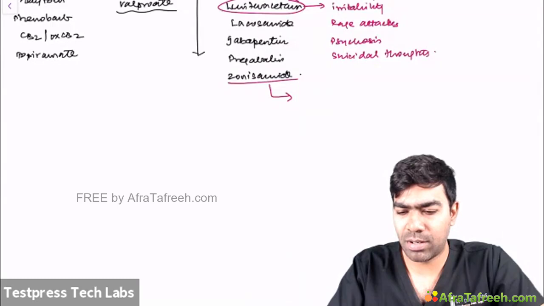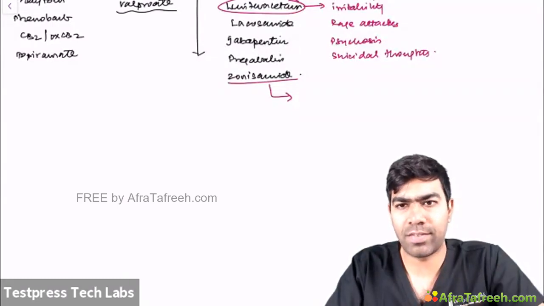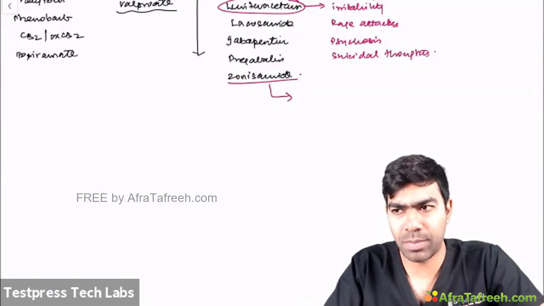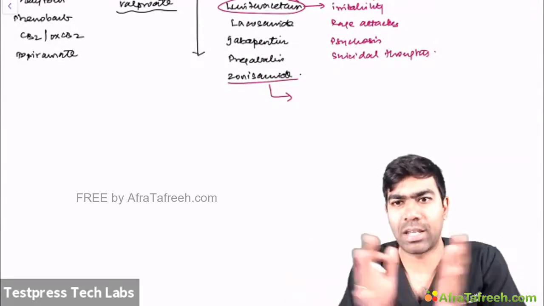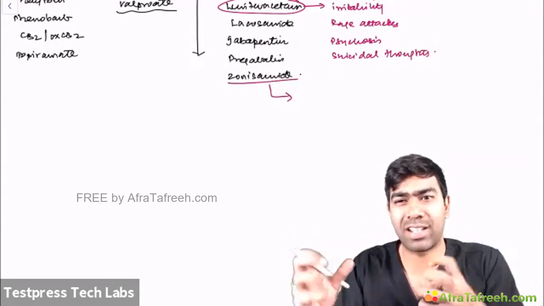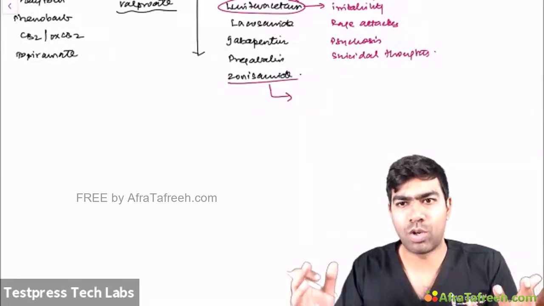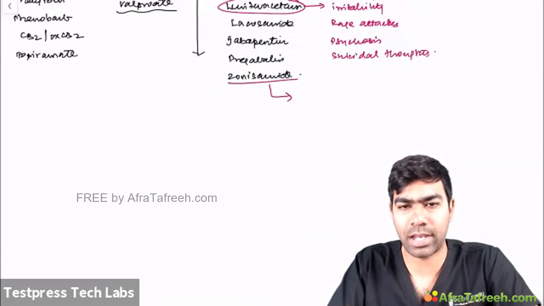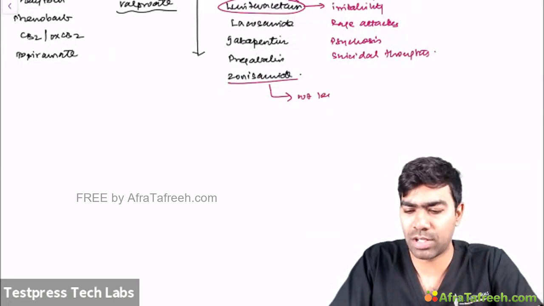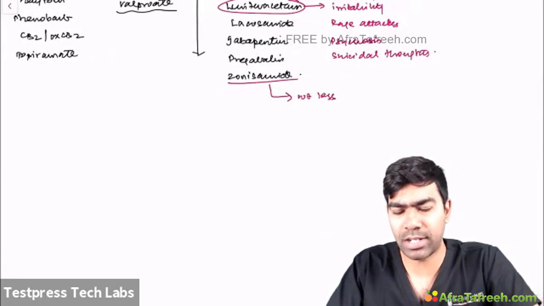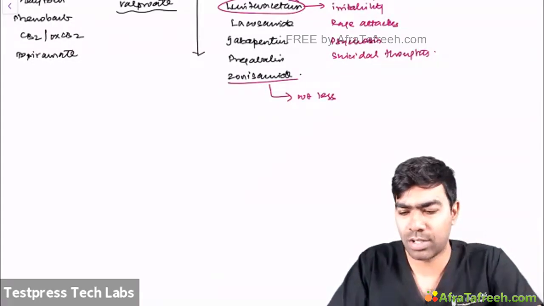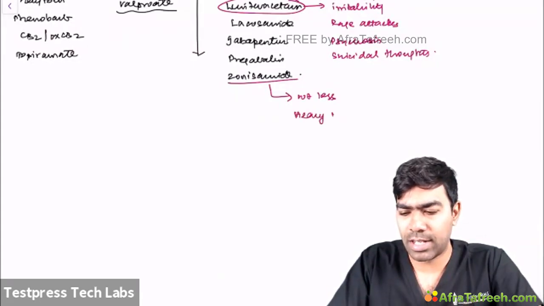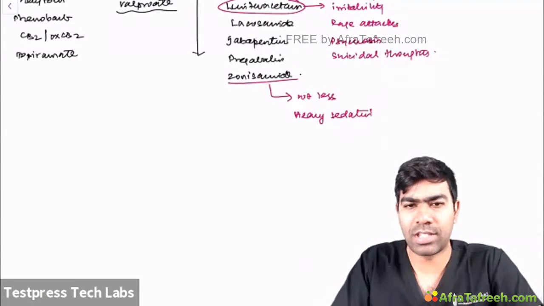zonisamide can produce side effects similar to topiramate only, because topiramate and zonisamide we can keep hand in hand. The mechanism of action may be a little different, but overall topiramate and zonisamide are going to behave similarly because they're similar molecules. They can also induce weight loss, even though it's not an approved weight loss medication like topiramate, and they can also produce, like topiramate, heavy sedation,